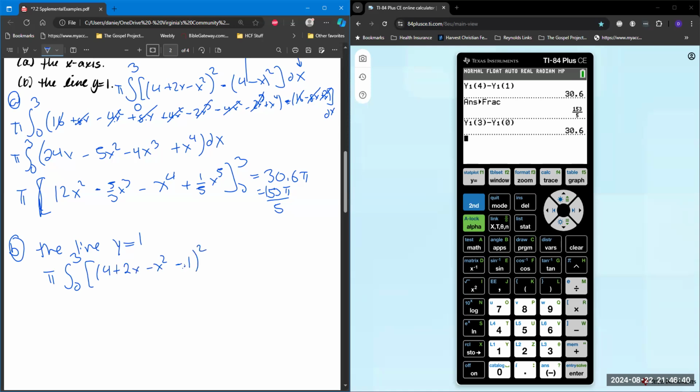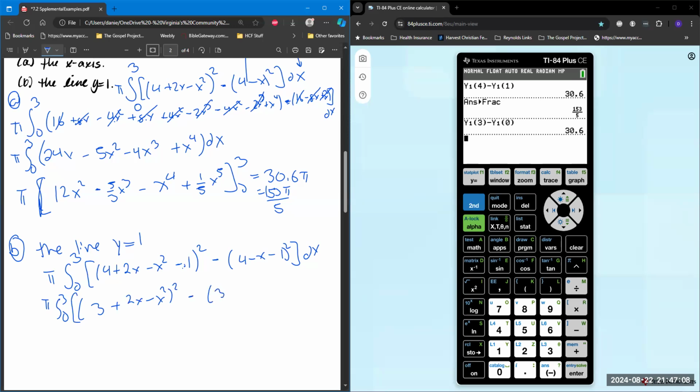That's my distance to that line. And that's squared, minus 4 minus x minus 1, quantity squared, dx, which is pi 0 to 3 of 3 plus 2x minus x squared, squared